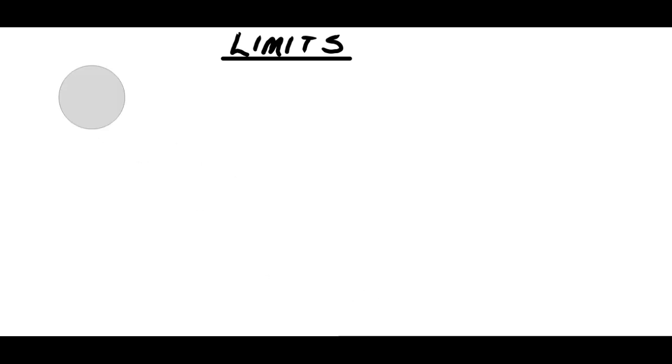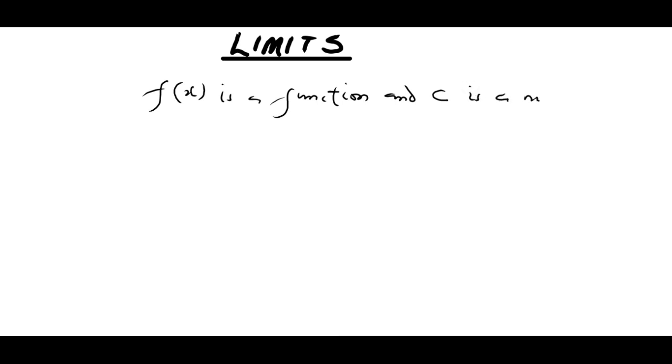If f of x, for instance, is a function and c is a number, I can say that lim f of x as x tends to c equals L. So what I'm simply saying is the value of f of x as x approaches c is L. So this is the basic idea